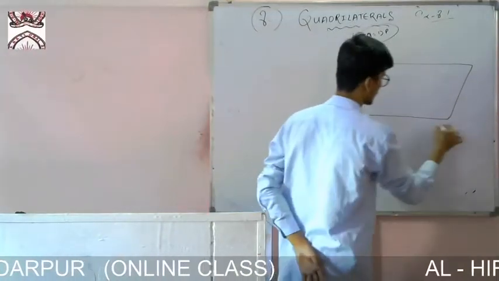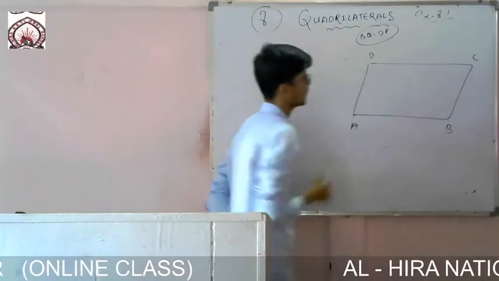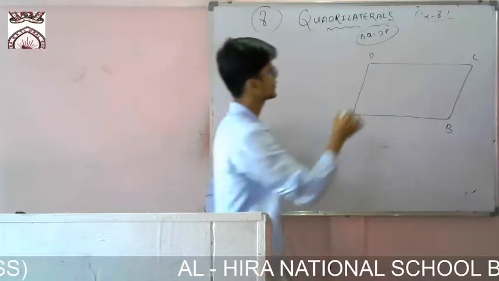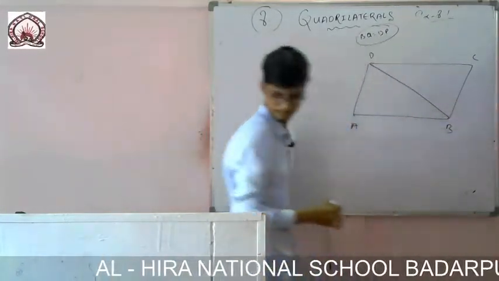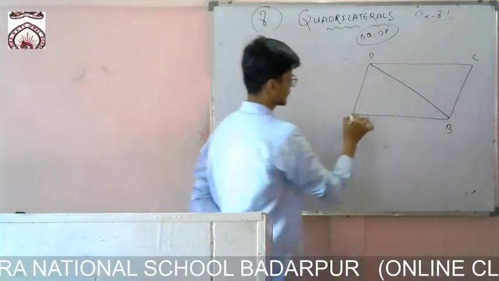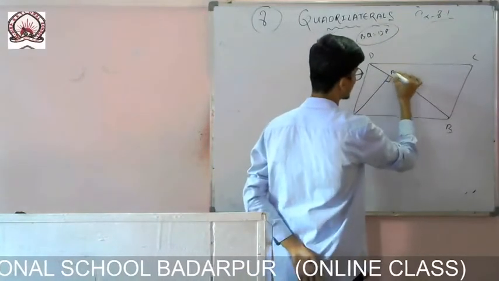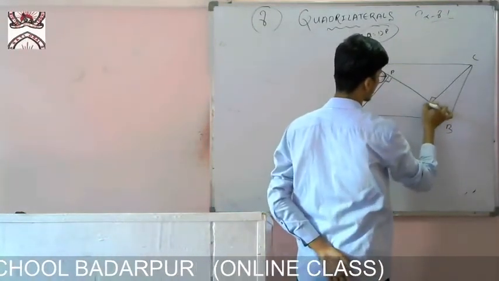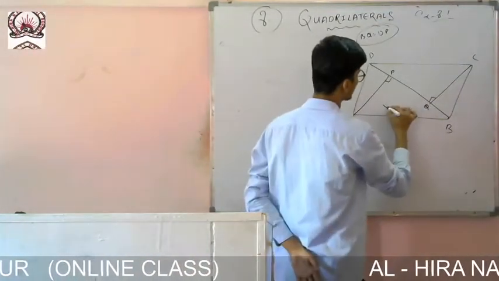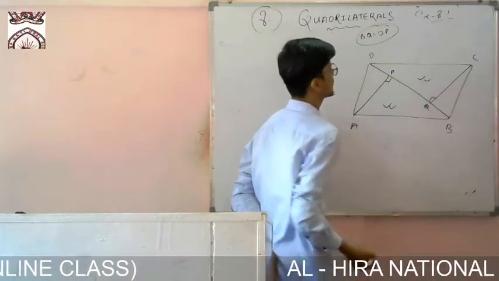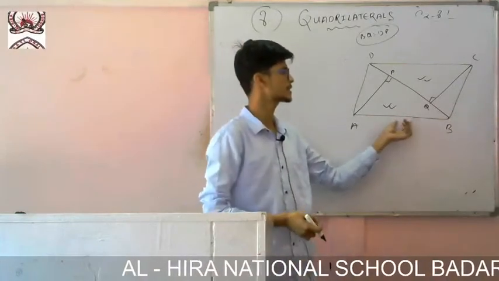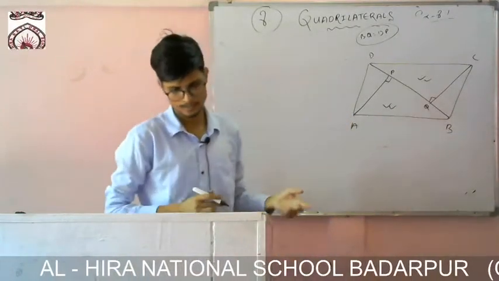ABCD is given, no? ABCD, and what is given is that BD is a diagonal, so BD is there, and perpendiculars are given, no? AP and CQ. So from A to P a perpendicular, and from C to Q another perpendicular. So first one, what you have to show is that triangle APB is congruent to this one. Very easily you can show. One angle 90 degrees we have got. Then since it is a parallelogram, the sides will be equal. And another one you find.